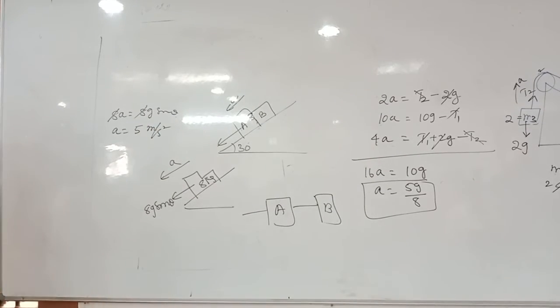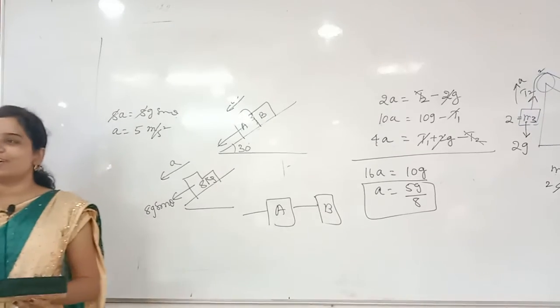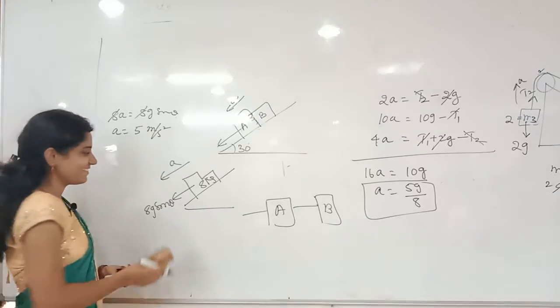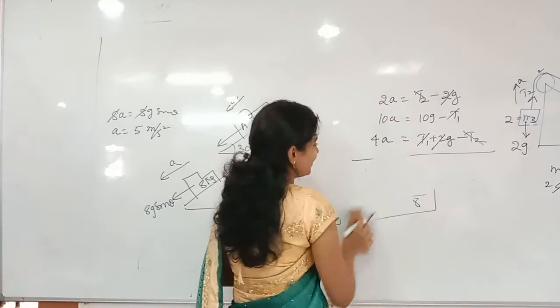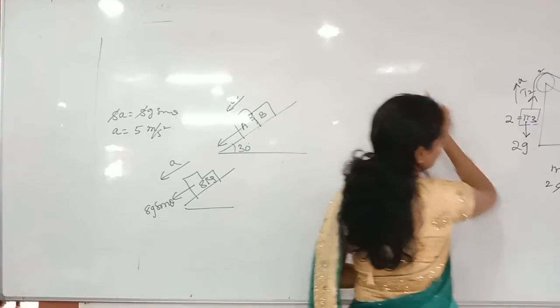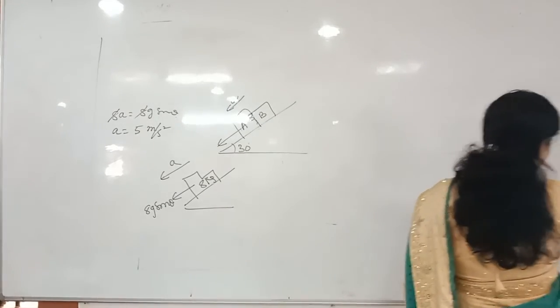I think I did not divide it by 8, na? 5 is the correct answer. Everything you move your head, for 40 also you move your head. Yes, I got it. I did not divide by 8. I said directly ma, force, I said force as 40.